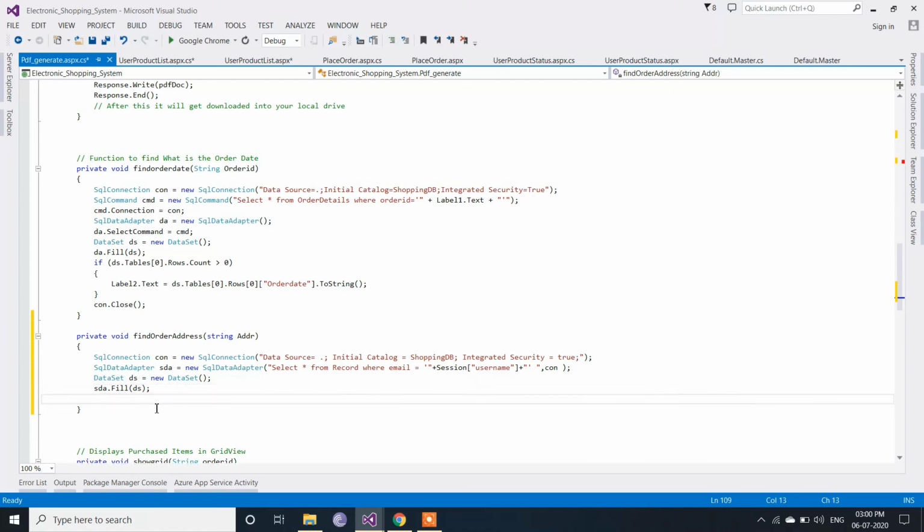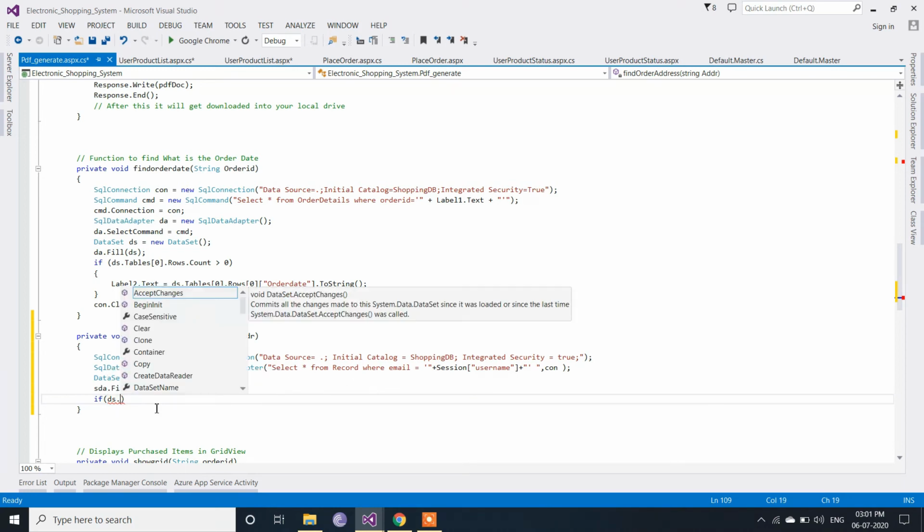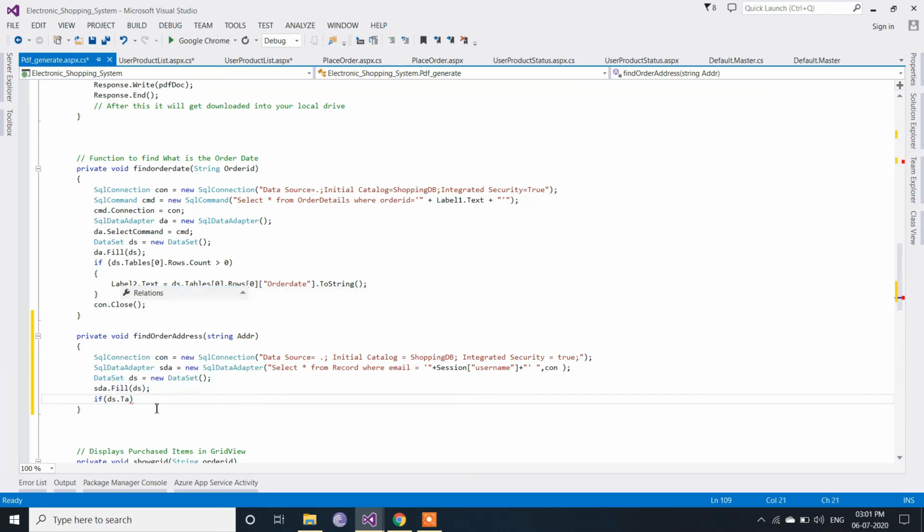After that we have to check the records which are present in the data sets. So for checking that, let's take the object of data set, and inside the tables at 0 index, that is the first table, dot rows.